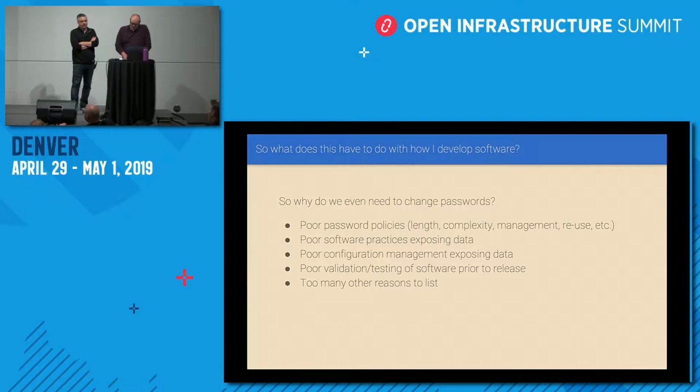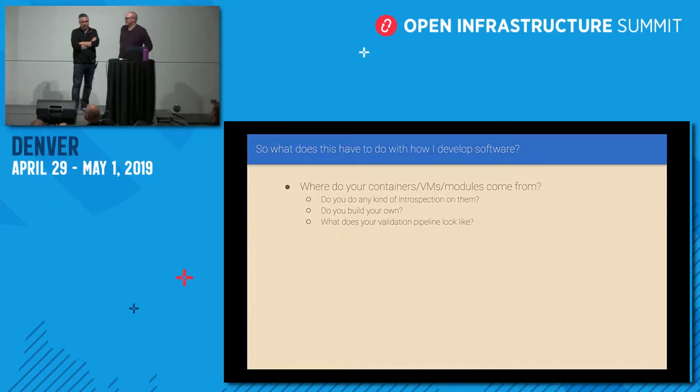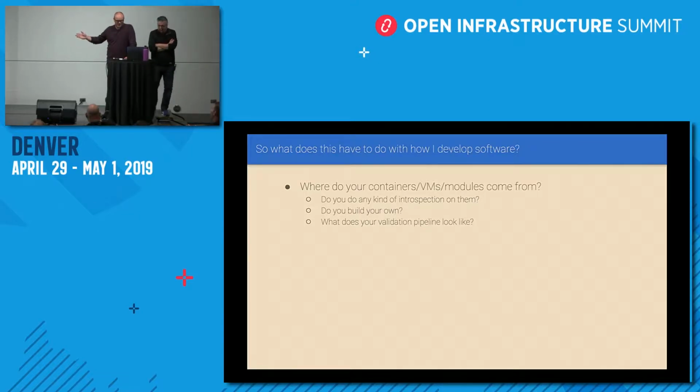If we develop software a little bit better, if we can maybe implement some smarts in our development lifecycle, hopefully we can avoid having to change passwords a lot. You probably won't be able to avoid writing a password changing Ansible stuff, but one of the things we did in there, obviously you saw we reused a lot of code. We had common things to maintain state or to check state, ensure state.